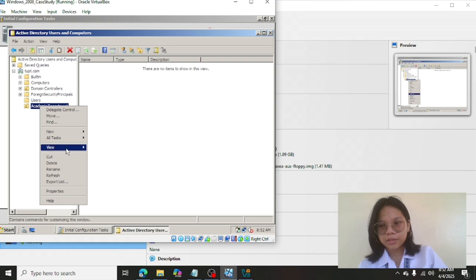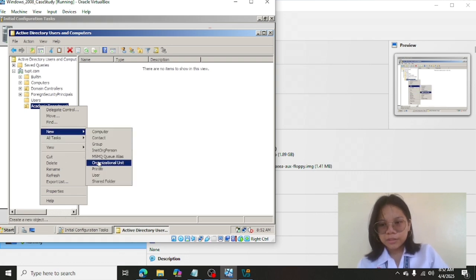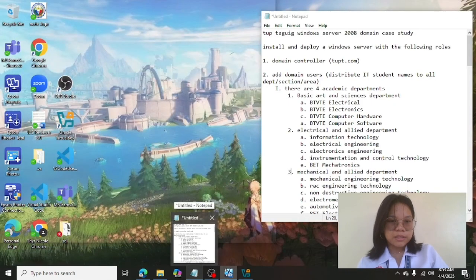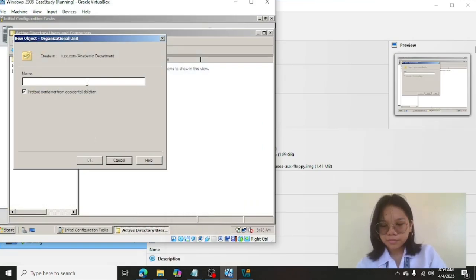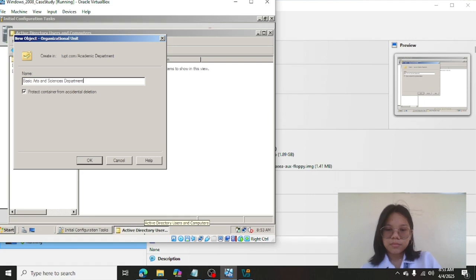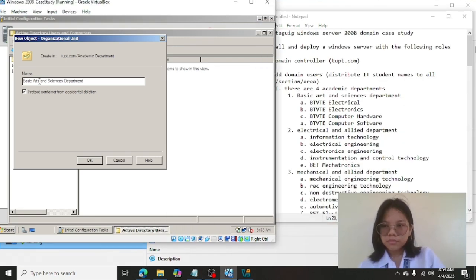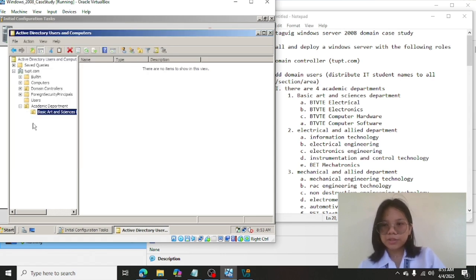Right click it again, then New Organizational Unit, and then we'll type in the basic arts and sciences. Then click OK and just continue doing so.